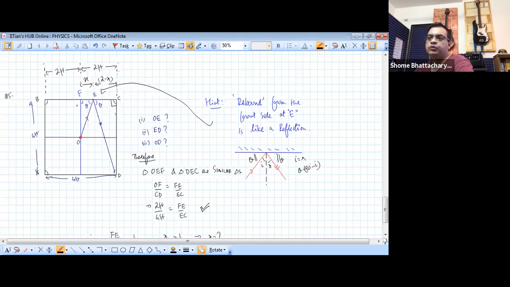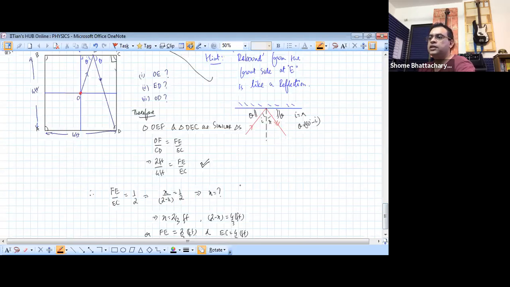So this side is 2 foot, na? And this side is 4 foot. So these two triangles have a 2:4 or 1:2 ratio. So now their bases, that is FE is to EC, will also have to be the same ratio. So that has to be 1/2. Now refer back to that, and you can see what I'm doing here,